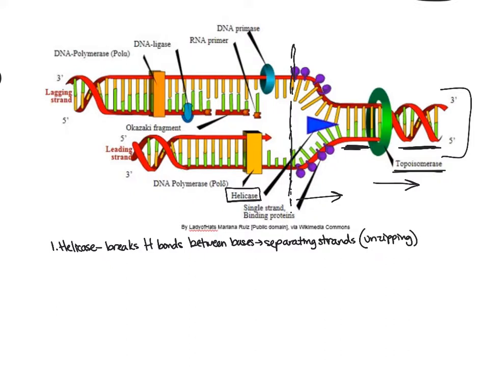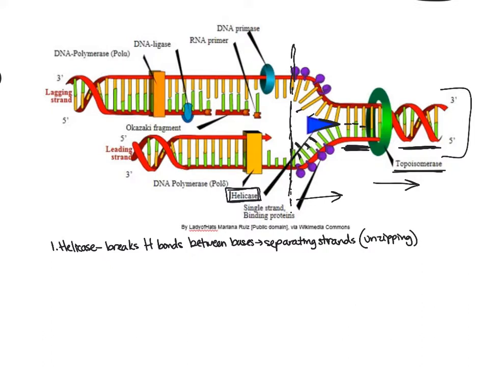Now that it's straightening out, in this area we have a nice straightened out kind of ladder of our double helix. Then we have helicase that's going to come in, and you can see that it's using its little pointy part here, and it's breaking these hydrogen bonds between the bases on the complementary strands. So we need helicase because if we're going to separate the two strands of DNA, we have to get in there, separate them so that we can then make copies, so that we can make complementary copies on each of these base pairs here.